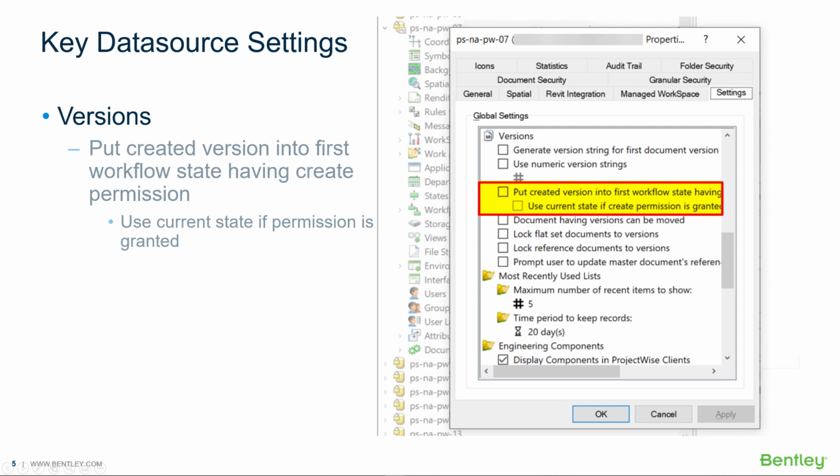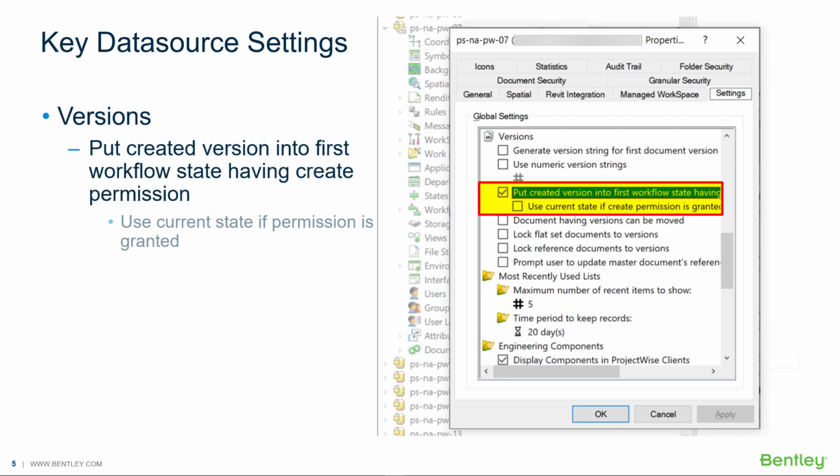In the Versions category, 1 setting affects workflows in the data source. Put created version into first workflow state having create permission. This setting is disabled by default, which means a new version is placed in the same workflow state as the previous version. When this setting is on and use current state if permission is granted is off, and a user creates a new version of a document,